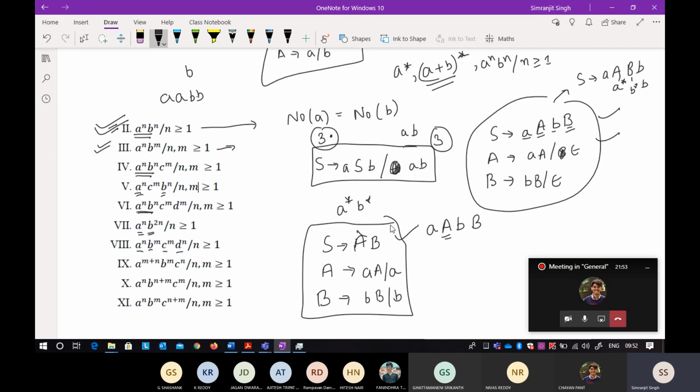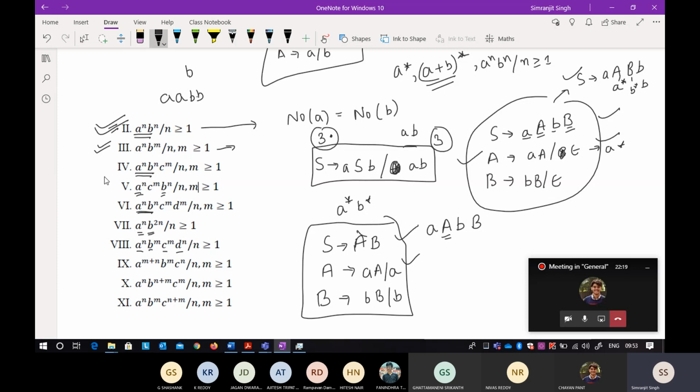Okay, so I include more variables, but that is fine. If you want to do that, this is also fine, because you want to maintain that this is A star. So if you want to maintain A star, you have to include an extra A in the starting symbol. That is absolutely correct. This one is fine. This one is my way of doing it, and this one is also fine. So three of the different grammars are fine and okay.